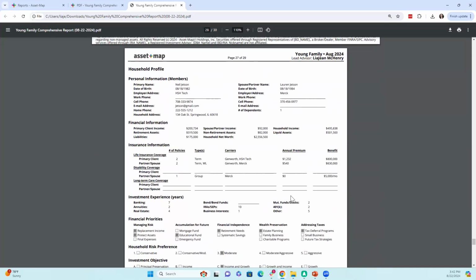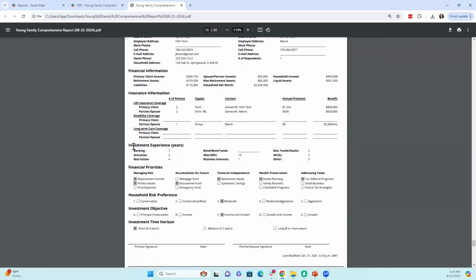Now, the Fact Finder Summary Report is really popular, but I always make a point to point out this report because sometimes it's not super clear where we may be missing some information. Now, a lot of this information, like there's nothing for disability really besides one policy, and there's nothing for long-term care. That's simply because those instruments have not been added. You might notice that the work phone numbers are missing. Some of that has to be entered in their contact information. Okay, but specifically this section down at the bottom, investment experience, financial priorities, household risk preference, these kinds of things,